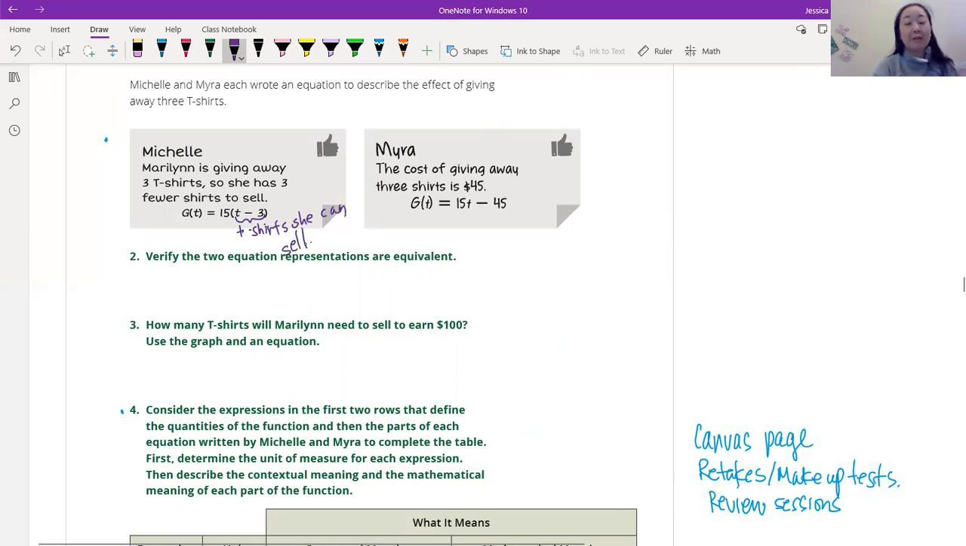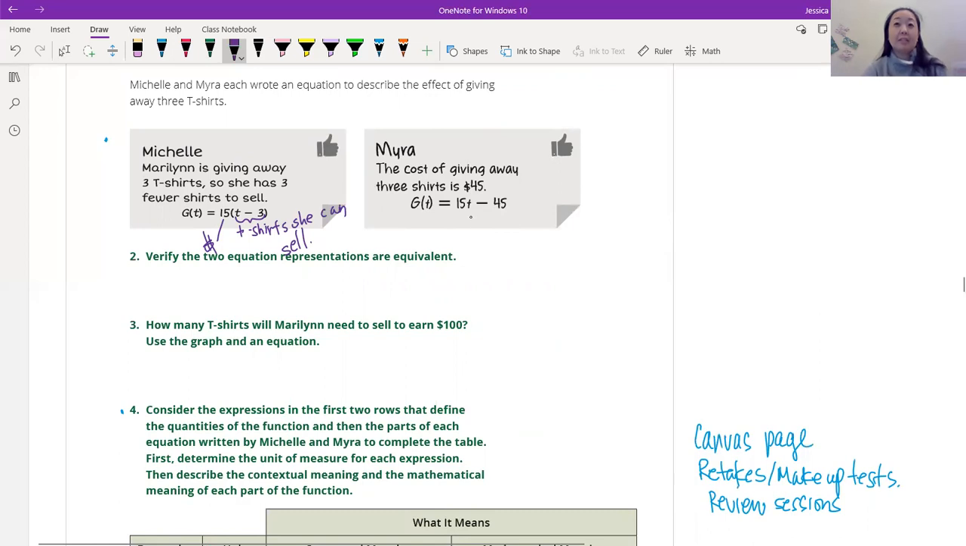So remember, we don't have an infinite supply of t-shirts, right? We have a limited amount, but whatever she has minus 3 of them, because that's the number of t-shirts she can sell. Because we gave 3 of them away, so we can't sell those, we have to give those away. And then here the $15, this is how much we charge, right? It's $15 per shirt. And then Myra says, well,